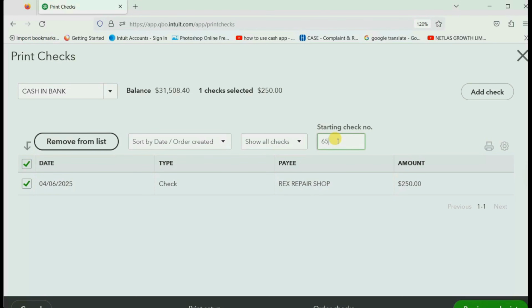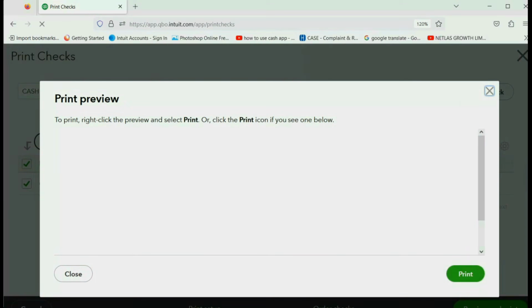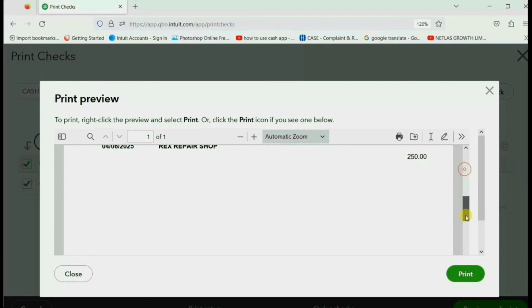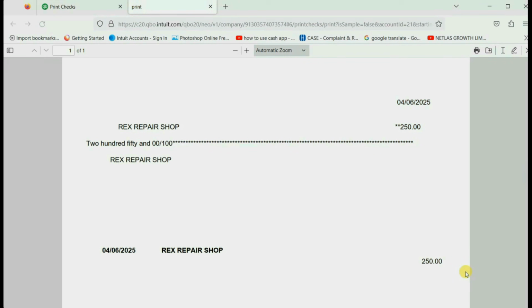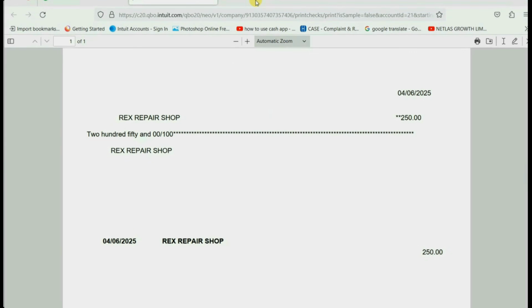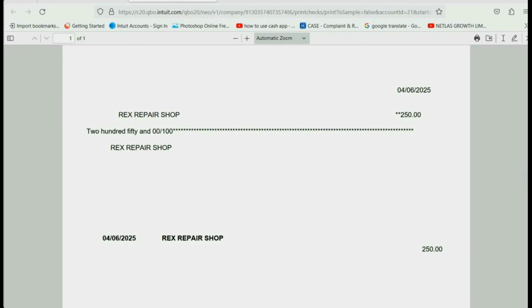So let's imagine you take check number 65, the physical check, put it in the printer, and click Preview and Print, and it works out perfectly, so you print it out, and that's all you have to do. And you don't have to cancel a check, you don't have to void a check. All you have to do is just know that there's no check number 62, there's no problem with it. Close this out,